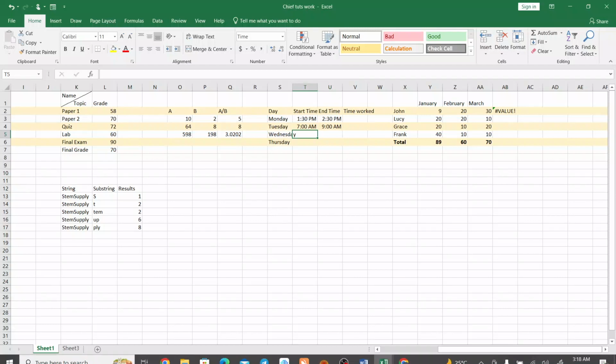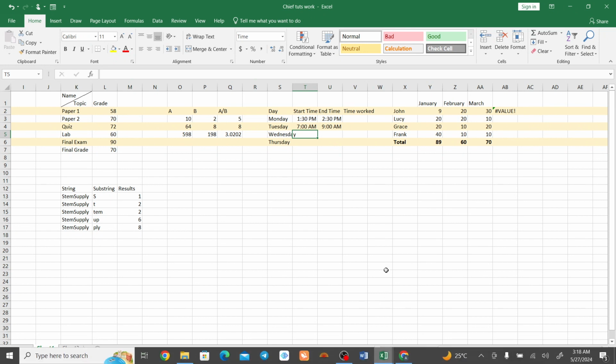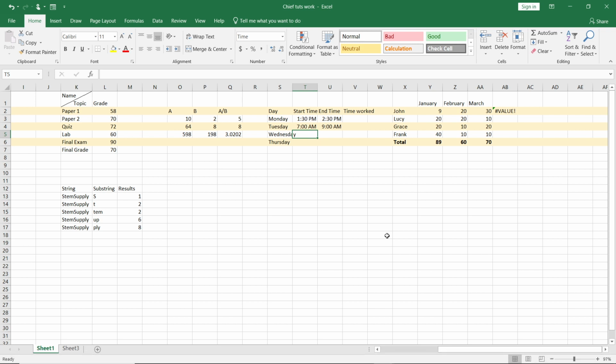Hello, in this tutorial, I'll show you how to calculate hours worked in Excel. The first thing I'd like you to do is to launch your Excel application, and then the next thing is,